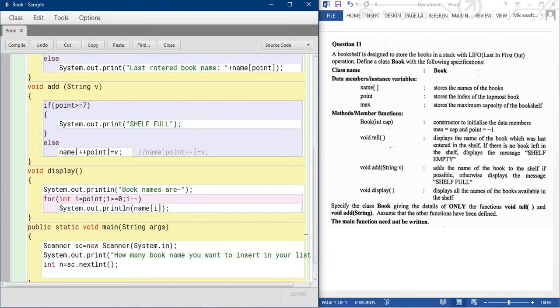So when I'm creating an object of this class, that value will automatically be evaluated. Book obj = new Book(n). I'm using the n. So whenever you run this program, the entire thing will work.